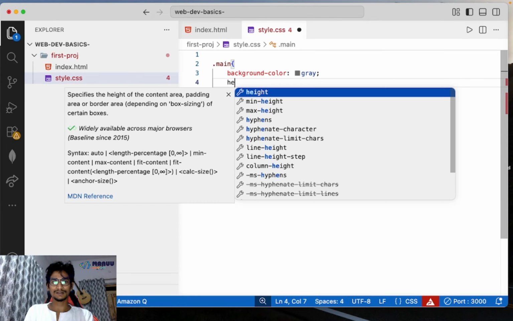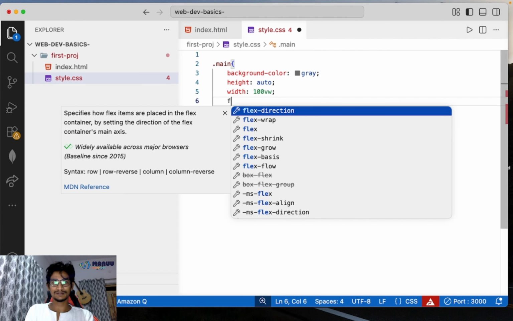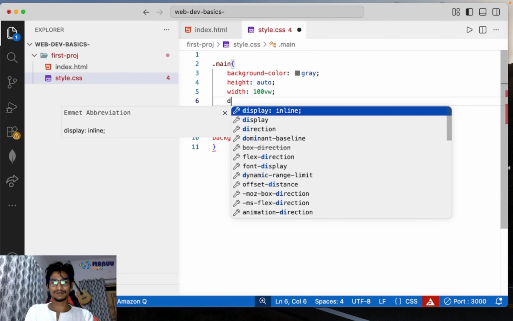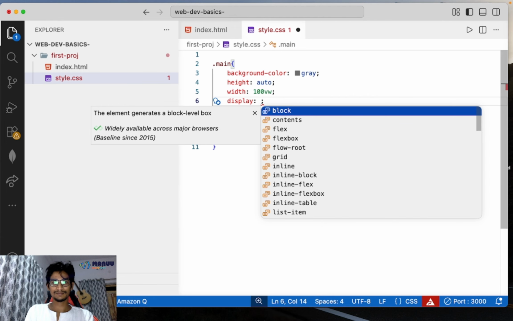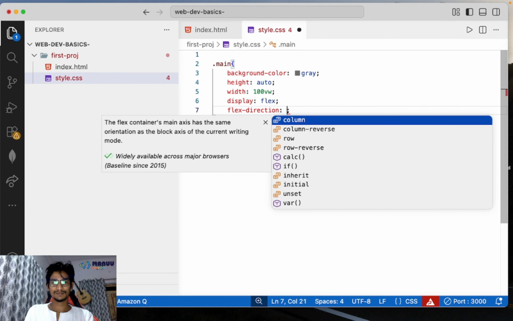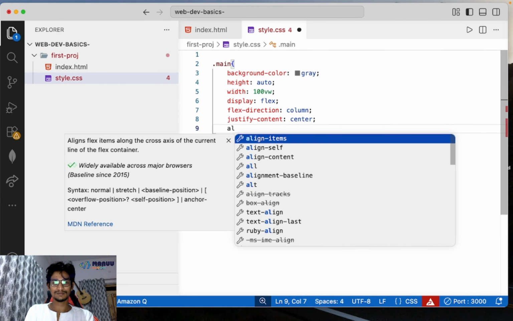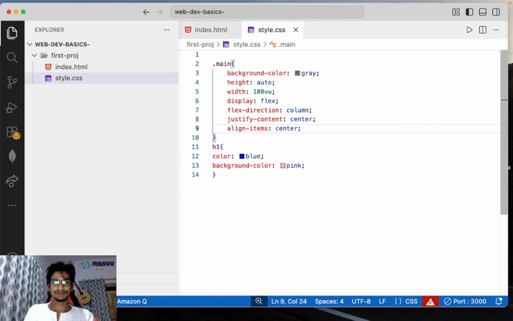Simple color, height is auto, 100 viewport. Display flex, flex direction column, justify content center, align items center.